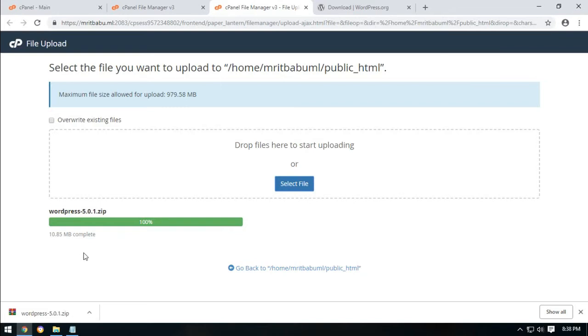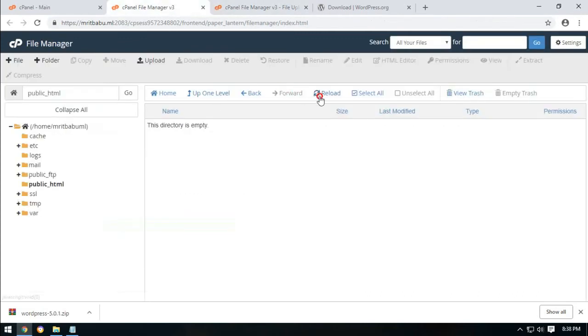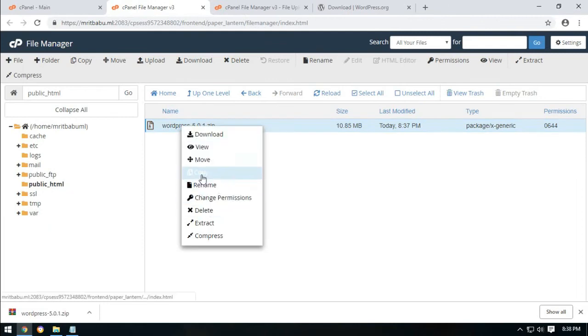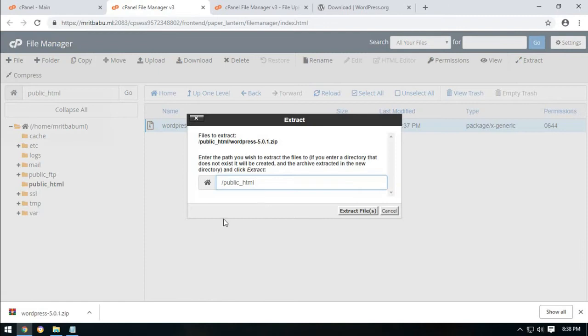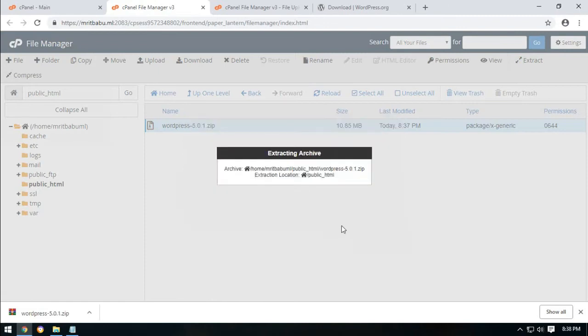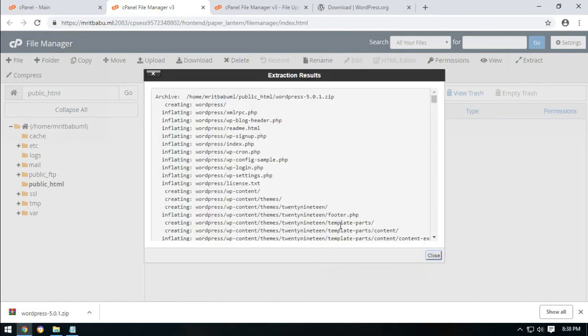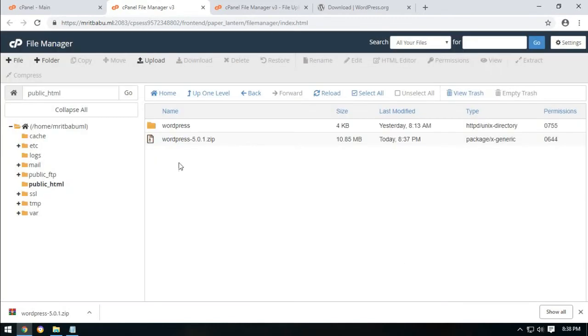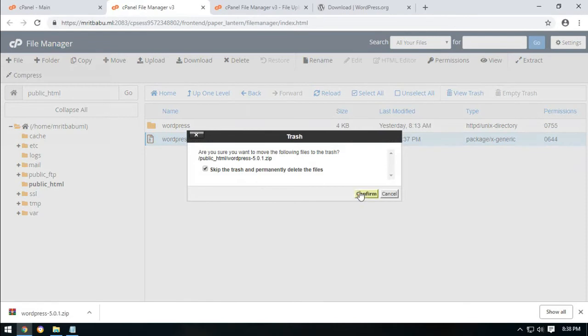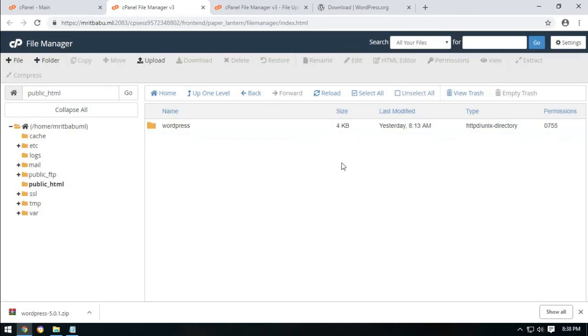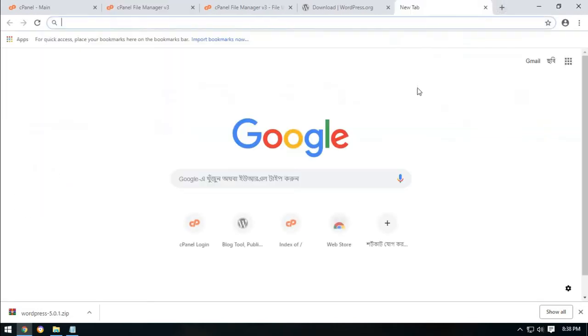and now reload this page, and we are showing this zip file. So extract. Now click extract, extract files, and then close, and delete the zip file, permanently delete. Okay, and again we show